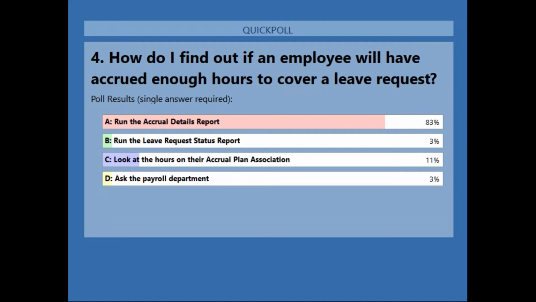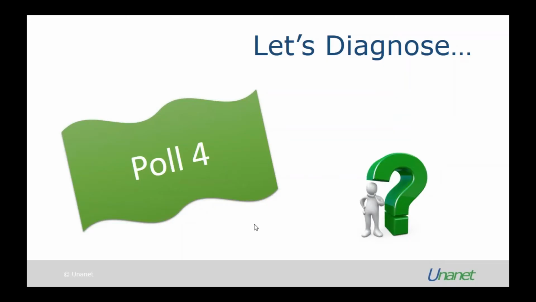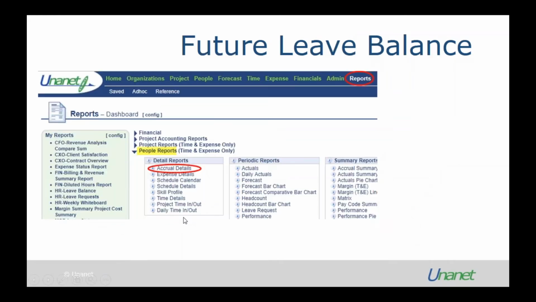The accrual details report does have an option to show the future projected leave. You can look at the hours in the accrual plan, of course, to calculate that, but I know if you're like me, I don't want to pull my calculator out. I love that you can also ask the payroll department. Of course you can ask payroll, but I want to know for myself, or I want to know for my employees that are submitting those requests to me. So let's go ahead and close this out, Nick, and I'll take a quick look here at this accrual details